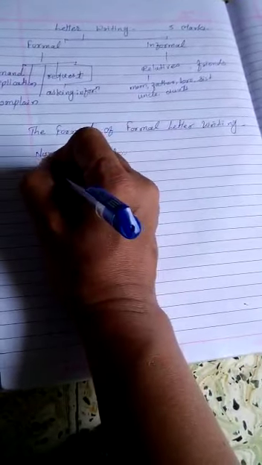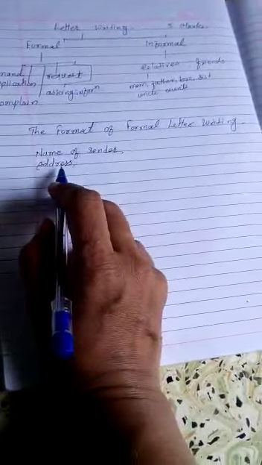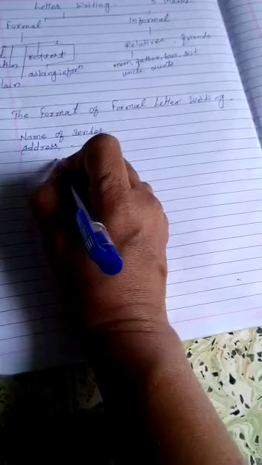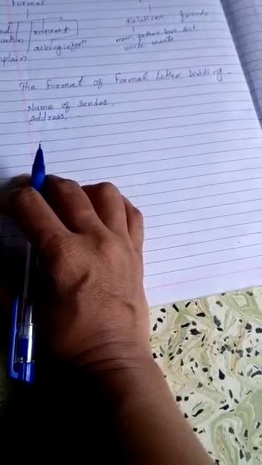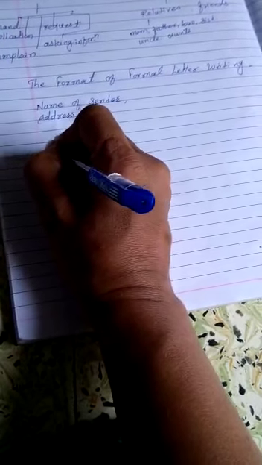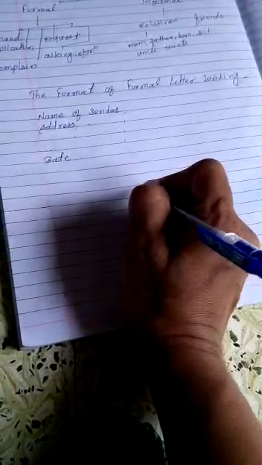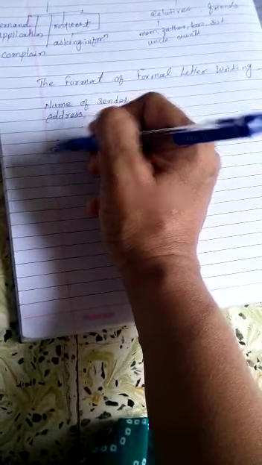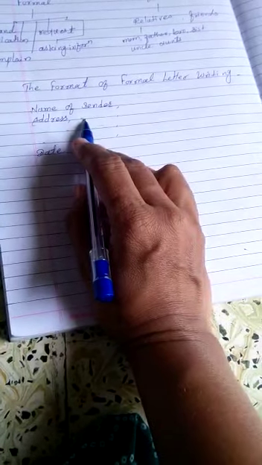Then here it's his or her address. Address may be of 2 to 3 lines, that is firstly his house name, building name, then area name, colony name and then city name. After that we are going to write the date of writing the letter. Here every time you have to give the commas. Start the writing from the left margin only, leaving the lines after every area of the address.